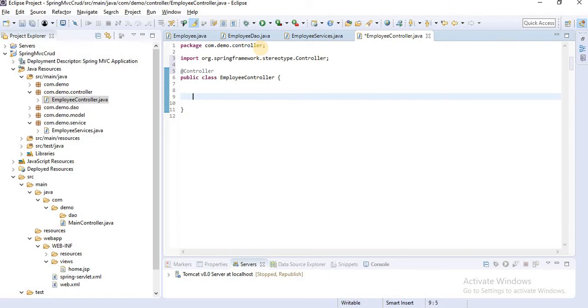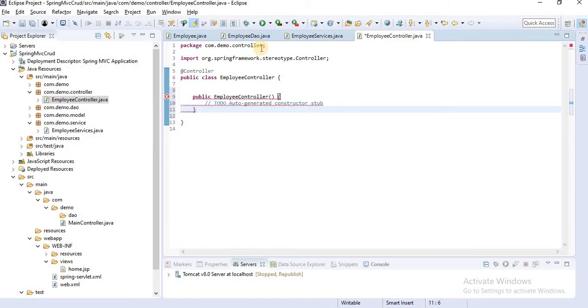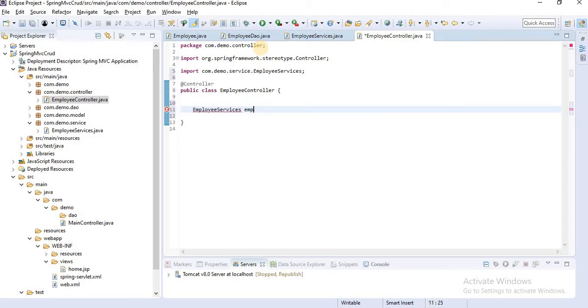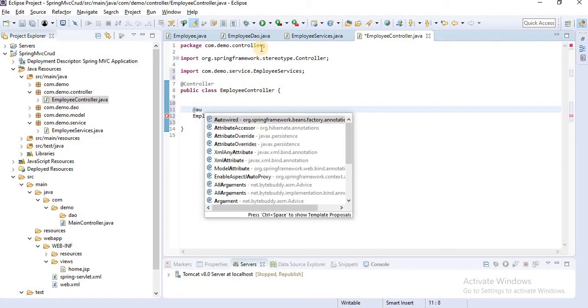Then create an employee service class object here using @Autowired.